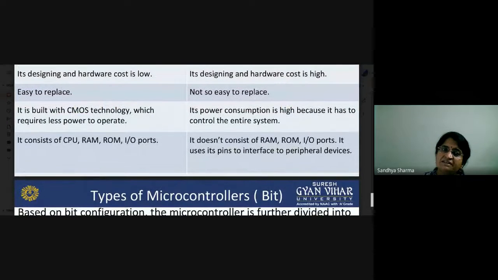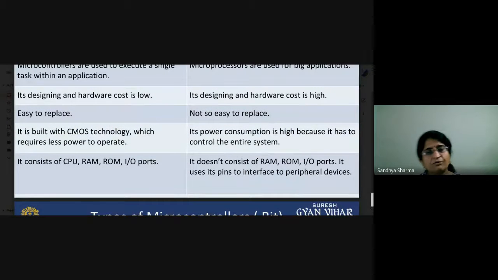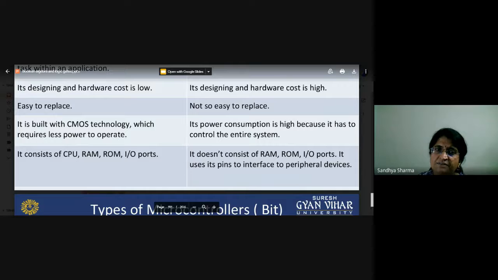You can replace your microcontroller, but you can't easily replace your microprocessor. A microcontroller consists of CPU, RAM, ROM and input output devices, but a microprocessor doesn't consist of RAM, ROM or input output ports. It uses its pins to interface to peripheral devices. That is the basic difference.